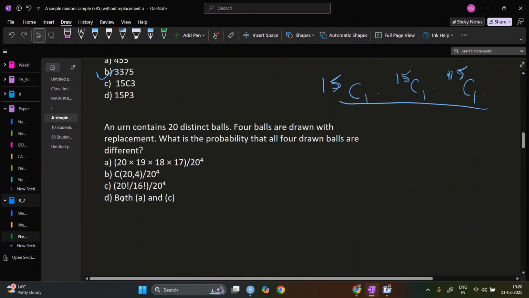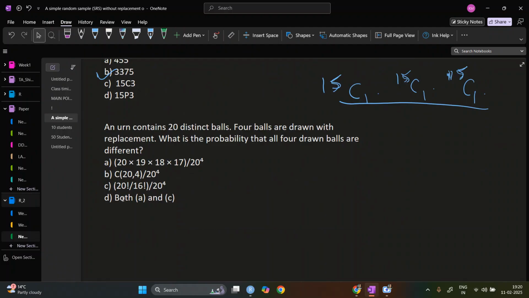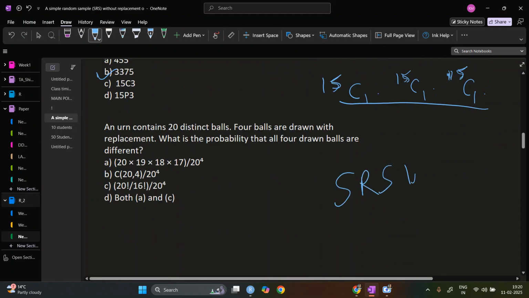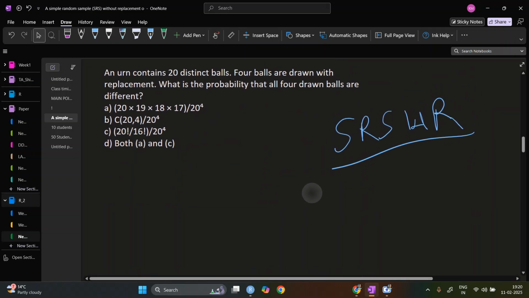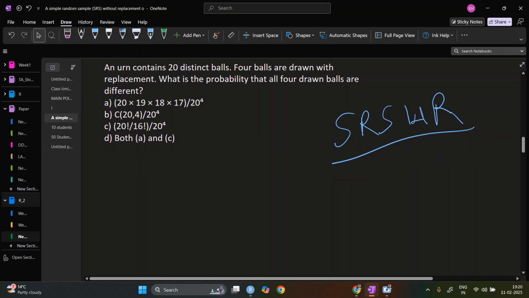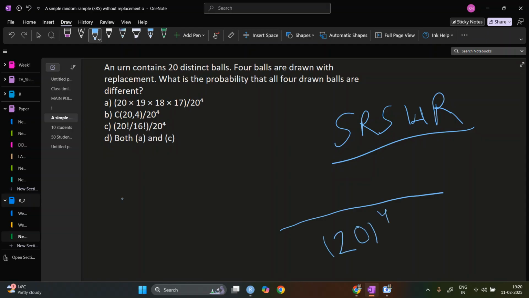Okay. The next is that an urn contains 20 distinct balls. Four balls are drawn with replacement. What is the probability that all four drawn balls are different? So it is SRSWR. But what we are saying is that we want them to be really different. So this one is basically 20 to the power 4, because the sample can be chosen